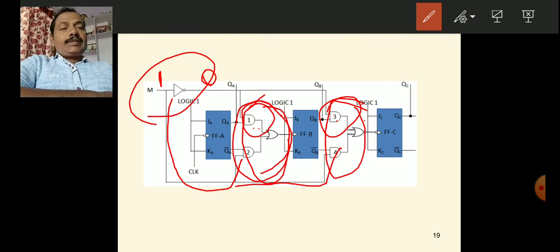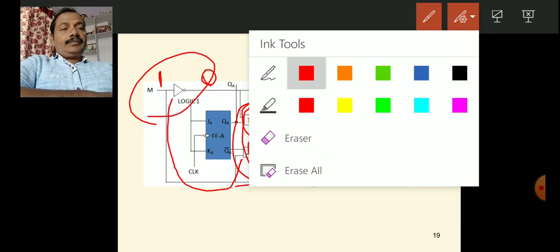So these AND gates are enabled whenever mode control 1 is there. Down AND gates are enabled, and up AND gates are disabled. That means, you observe here,